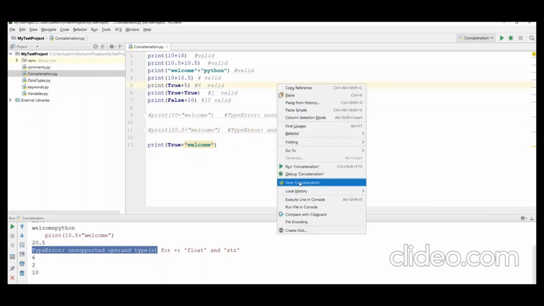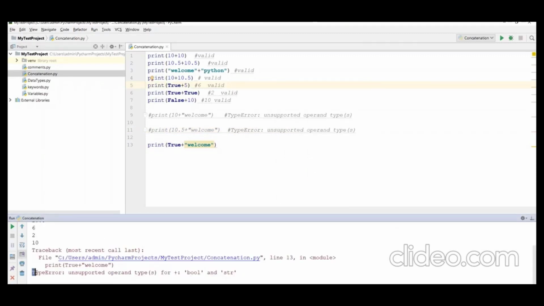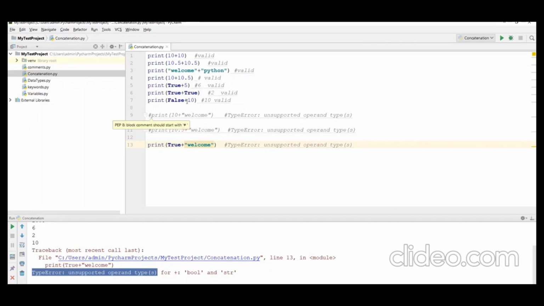Let me run this code. Now you will see the same error called type error, unsupported operand types. So these are all invalid statements. Concatenation is possible in Python only within the same type of data. That's the point we need to understand here.